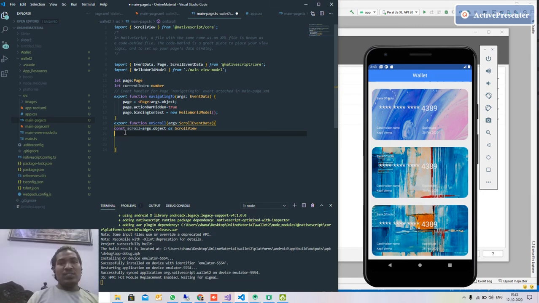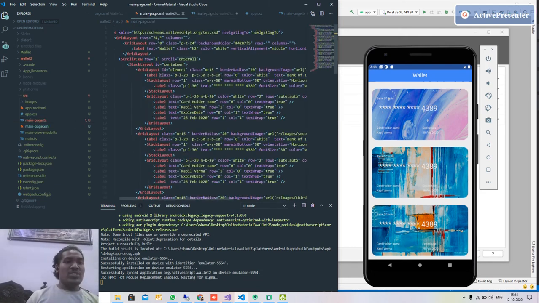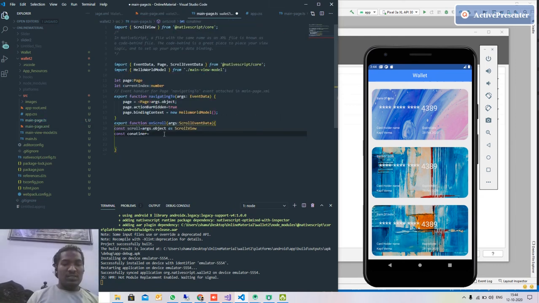For getting the index, we first need to know how much space every card takes. We have a container, that stack layout I mentioned here. It has one ID. Let's copy this ID. Page dot getViewById.